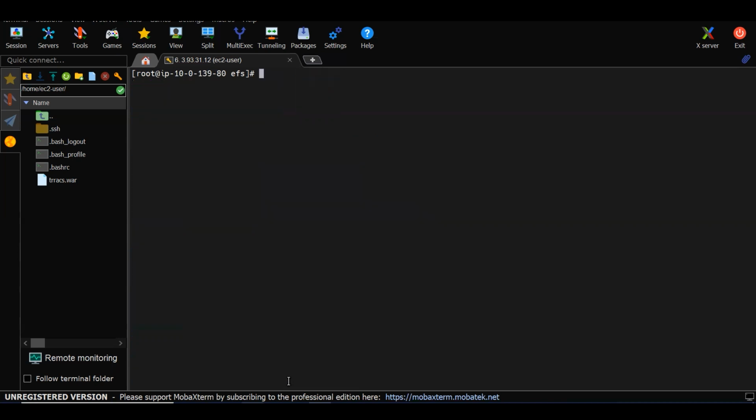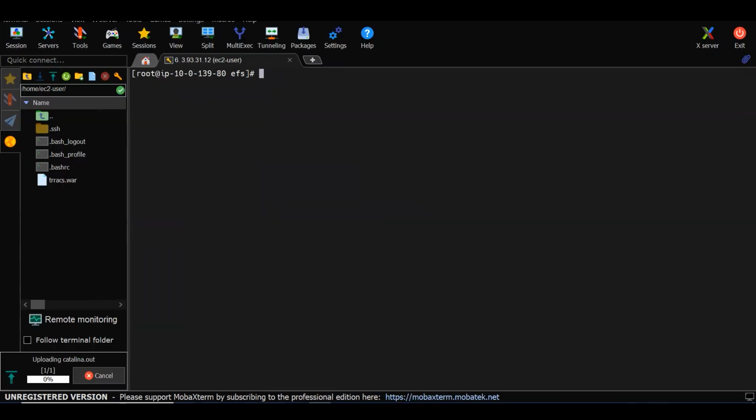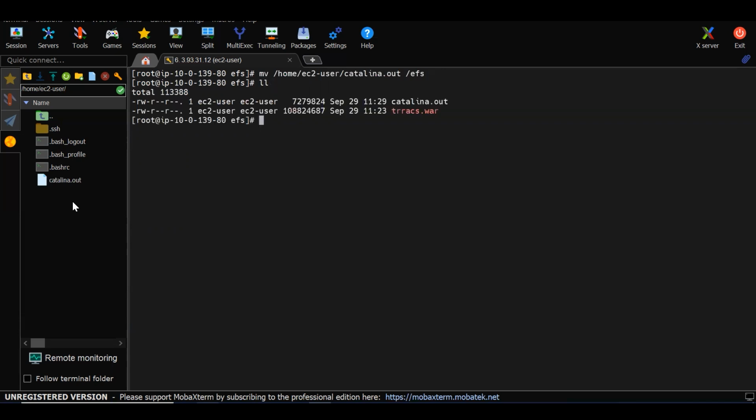So what I will do, I will upload one more file. Okay. This catalina.out file, I will upload it. It's uploaded. Now where do I upload? Now I will upload in the EFS. Okay, /efs is there. We will upload it over there. cd catalina, then /efs. I'm moving. Okay. It got here. The catalina file came to the EFS folder. If this folder is available in the data folder, it's fine. Now I moved the catalina.out, right? It's present in the EFS folder.